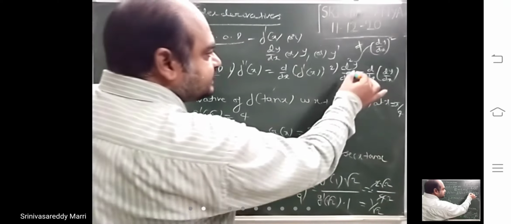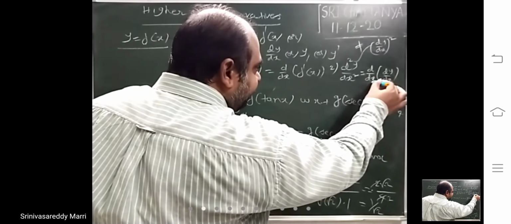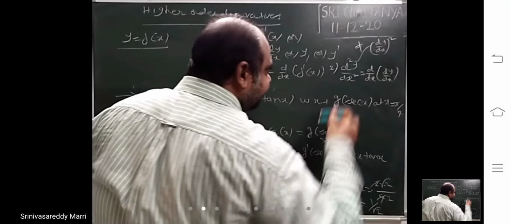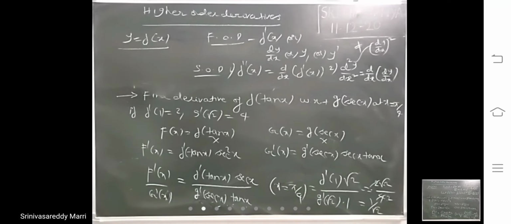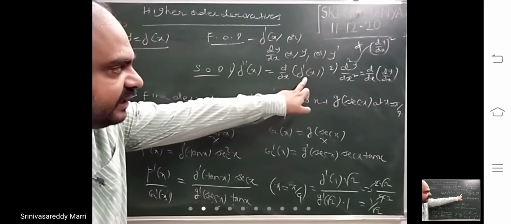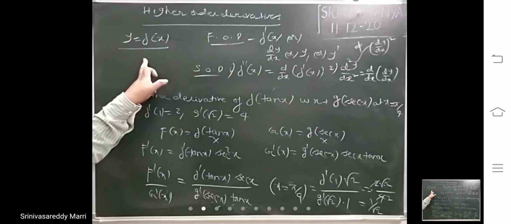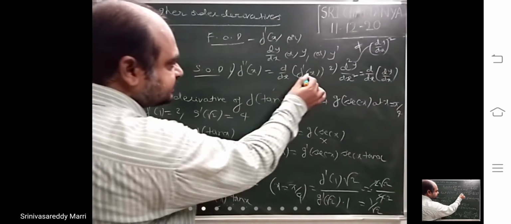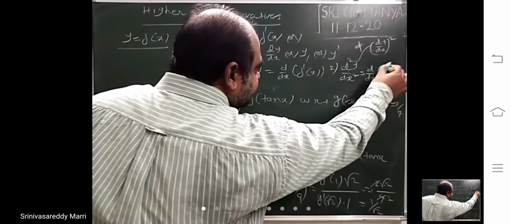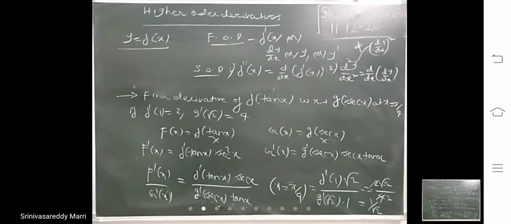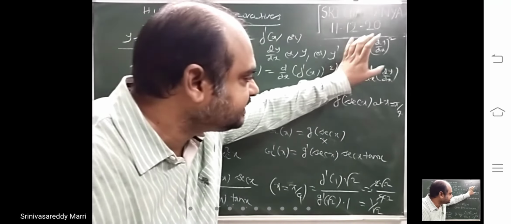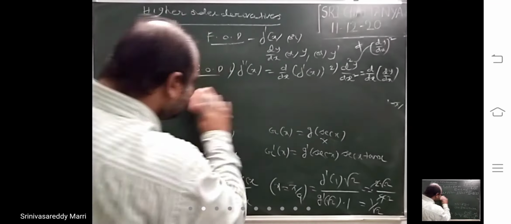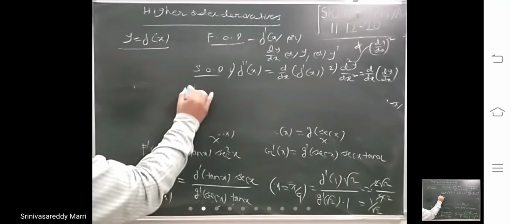Right? So this is d by dx of the first derivative, d by dx of dy by dx. For calculating this, first we will find f dash x and then again d by dx of f dash x. If you use this notation, first we calculate dy by dx, then d square y by dx square is again d by dx of dy by dx. Like that, any order derivative.